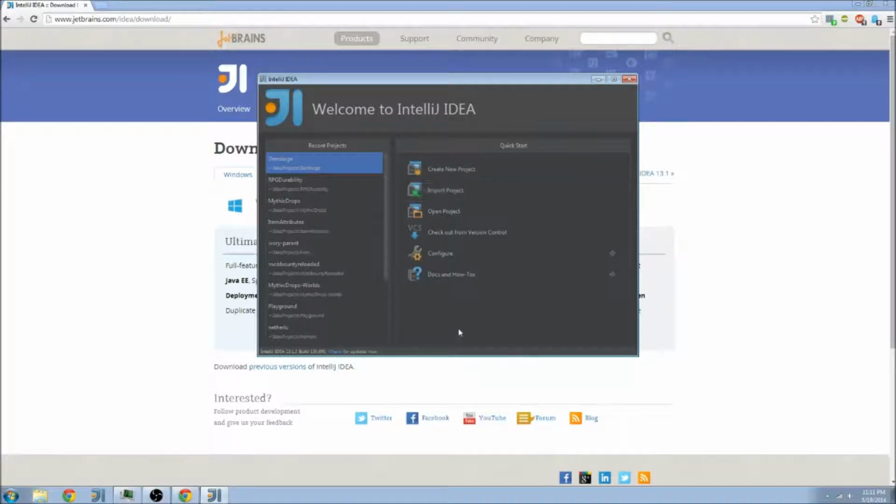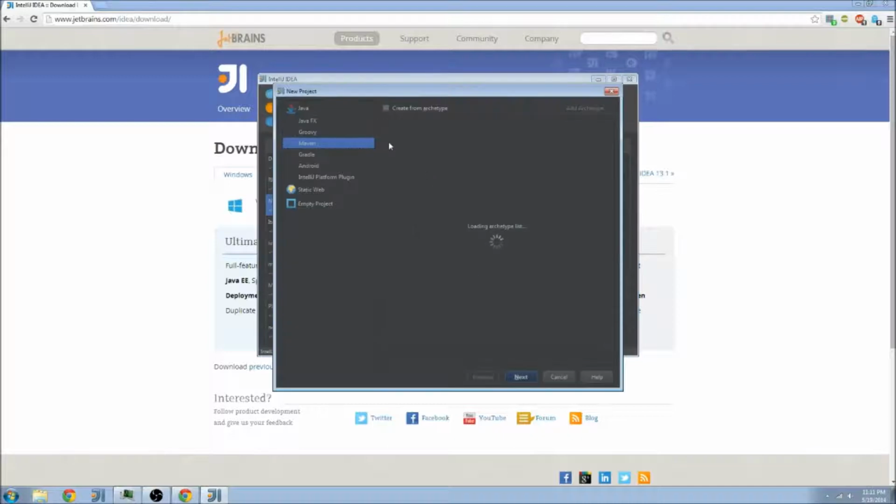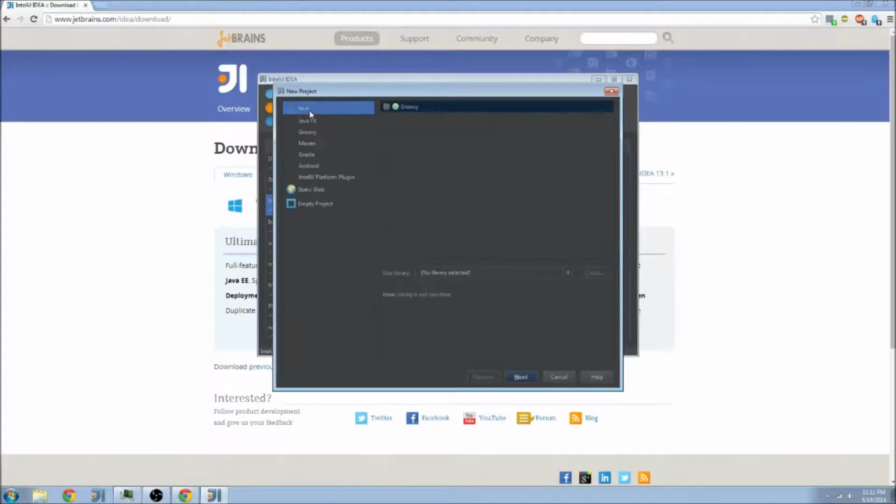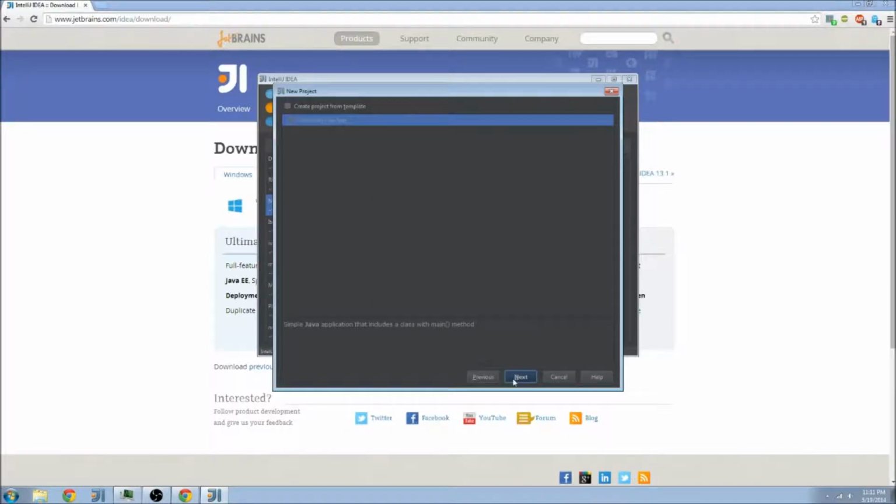To create your first project, you just click Create New Project, and it'll come up with this new project window. Mine's automatically set to Maven, but you should go to Java. Use library, no library selected, that's fine. Next, just straight next through this. Give your project a name. Mine's going to be Bukkit tutorial,